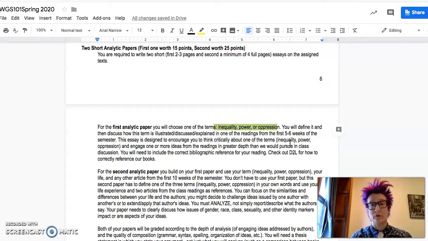It could be something from the hooks. It could be any of our shorter readings. And you then need to also include correct bibliographic reference for your reading. And there's a video on how to reference a reading from an edited document. There's 2 or 3 descriptions in the homepage announcement in our D2L. So please let me know if you have questions.